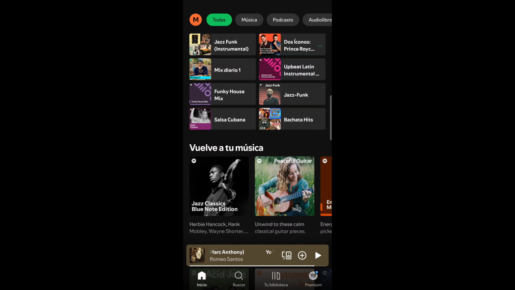Now, what this does is the Spotify app automatically picks up the default language that I have on my phone, which is set to Spanish. Particularly, I have it set to Spanish in Colombia, since that's the place that my base of Spanish is in because I learned there.